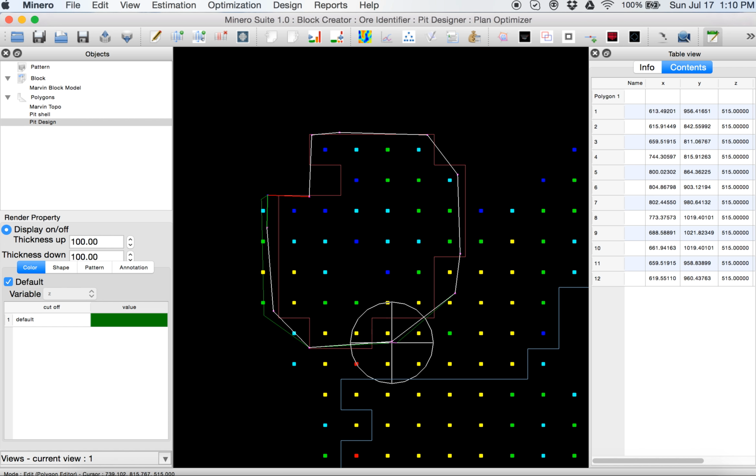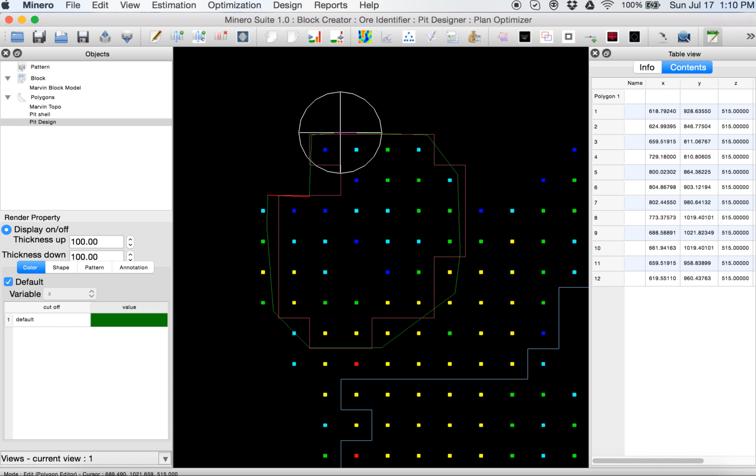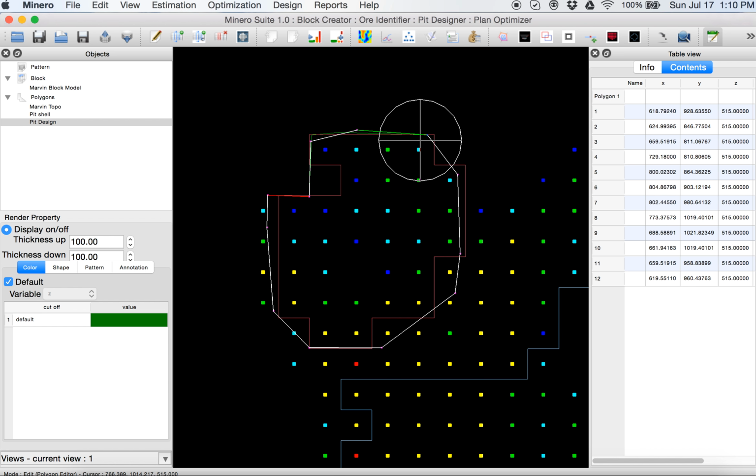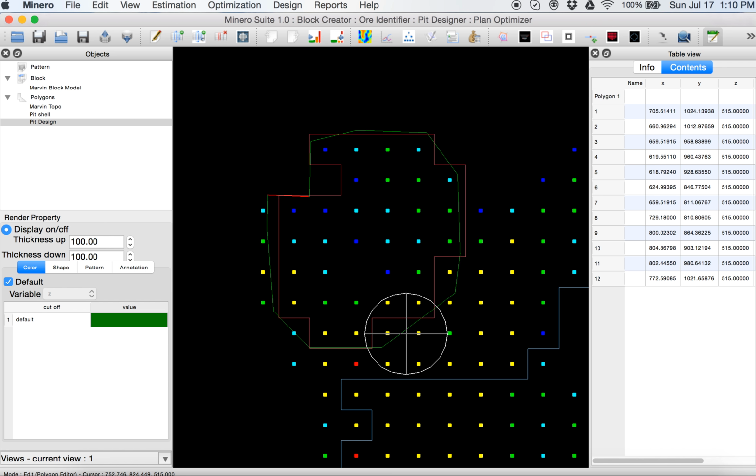The beauty of it is that it allows me to edit and modify. I can turn on and off information that I want or don't want. So this is my bottom of the pit.